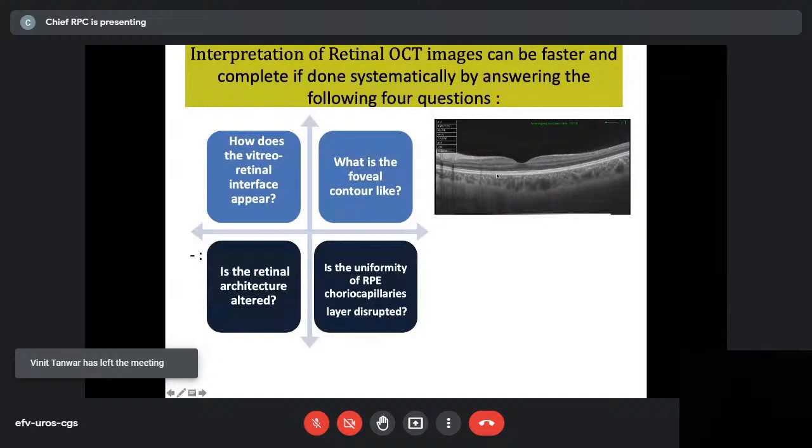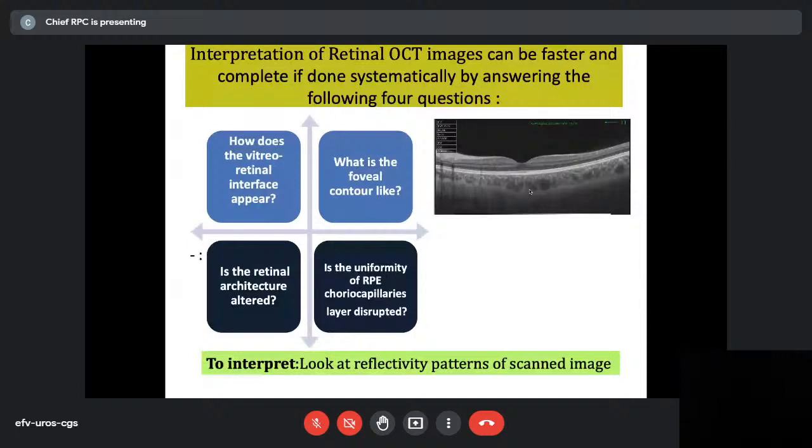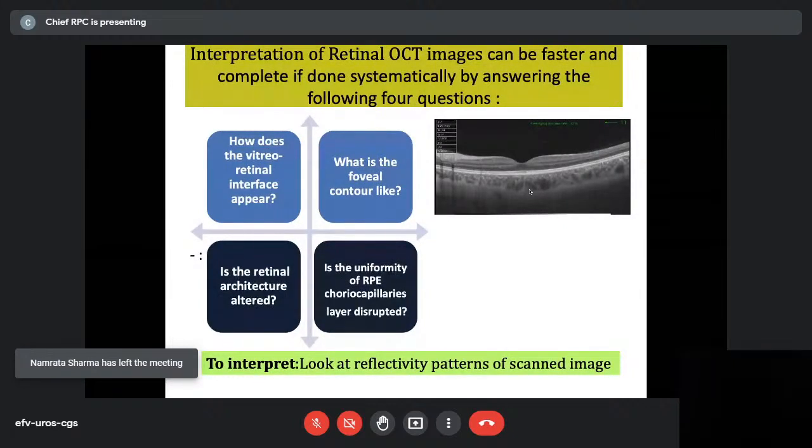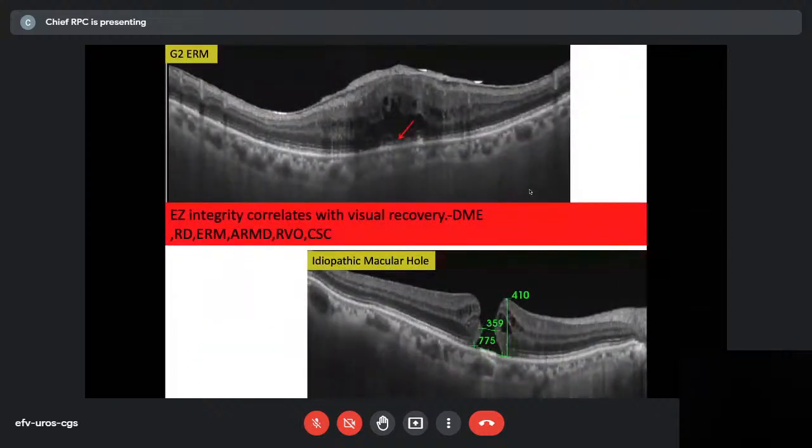Then go on to the outer bands, which I told you. The ELM is there, and then the EZ, then the IZ, then the RPE, and then of course the choroid. Now the choroid study is also very important. We tend to ignore the choroid because the retina is seen, and one says it's enough. That's actually not enough. The choroid is to be seen very carefully. Many retinal diseases have affection of the choroid, and recovery depends on the choroid regaining its normal thickness. Talk a little bit about what the thickness is, when the choroid is affected, and what kind of diseases we can expect to study the choroid.